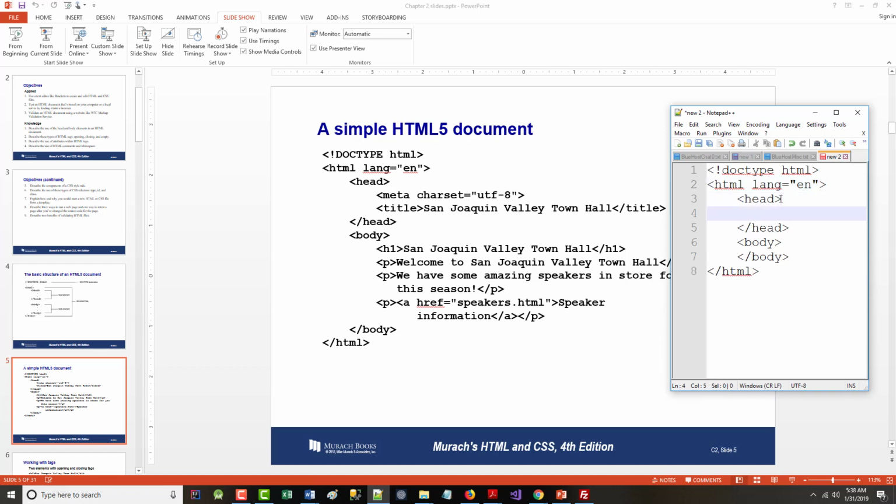Then under our head section, we're going to put in this meta tag. A meta tag is a tag that's got information about the document. And it says that the character set we're going to use is UTF-8. For lack of better words for now, just remember that what it means is that we're using the Unicode character set. Then we've got a title, and it's San Joaquin